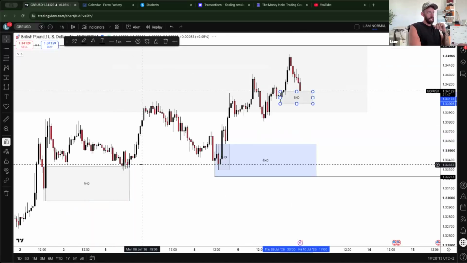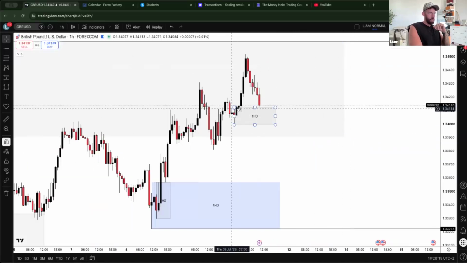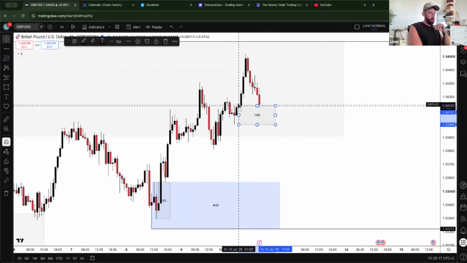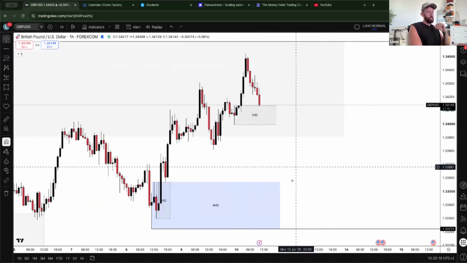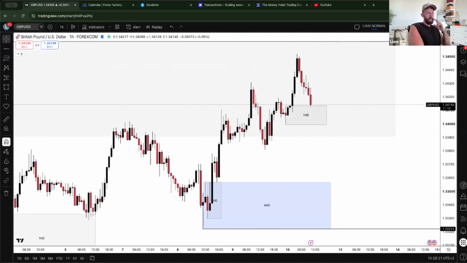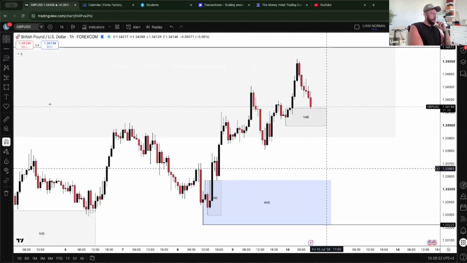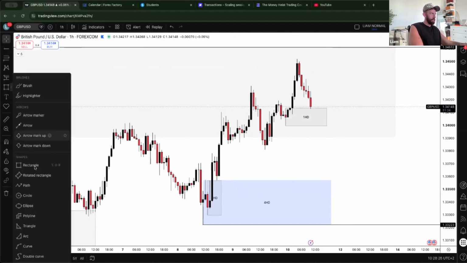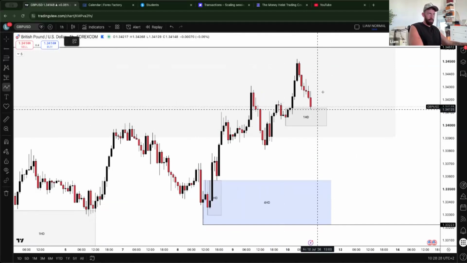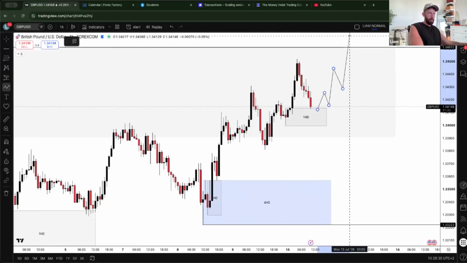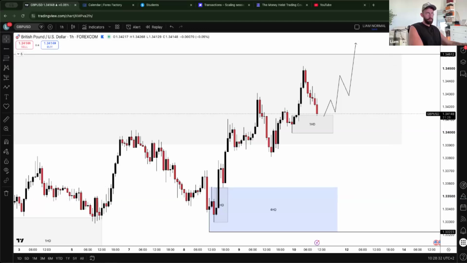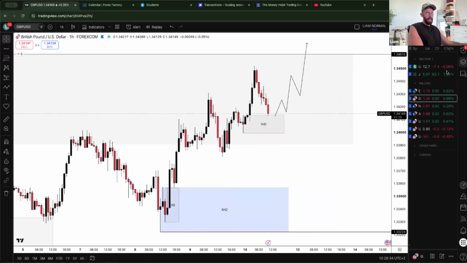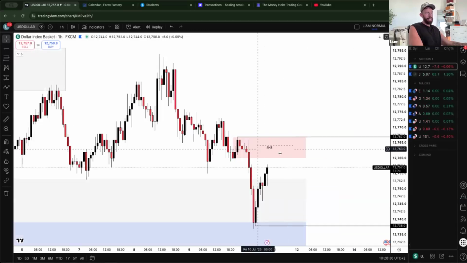I do like the look of that 2 hour candle just to refine our entry. Again, if you want, you can obviously go off the start of that imbalance. So it's going to be interesting to see what happens from this demand area. Again, is this where market's going to start to give us the bullish reaction and carry on with GBP USD? That is ideally what I'm looking for, if it aligns, as I always say, with the dollar inside of this supply area.